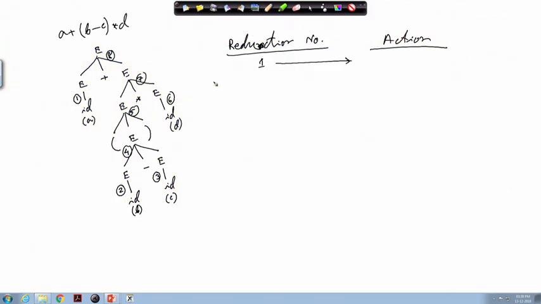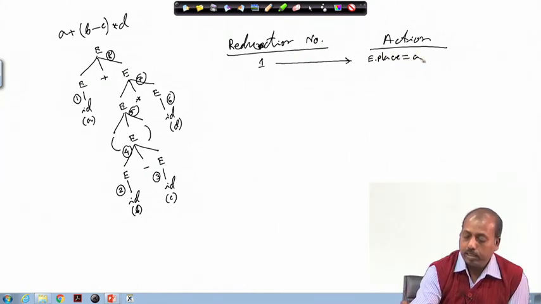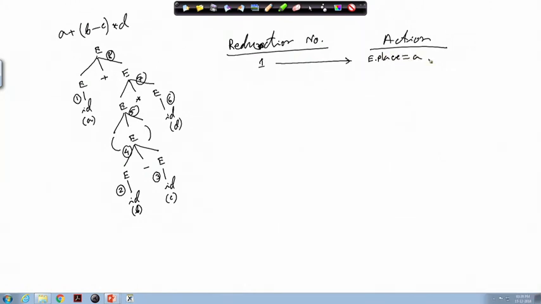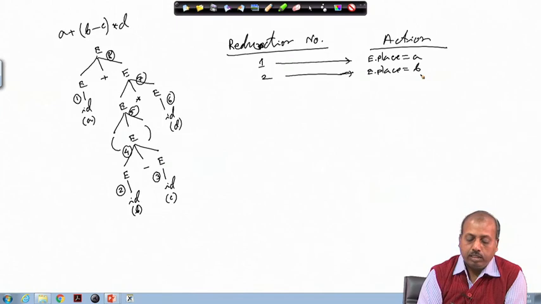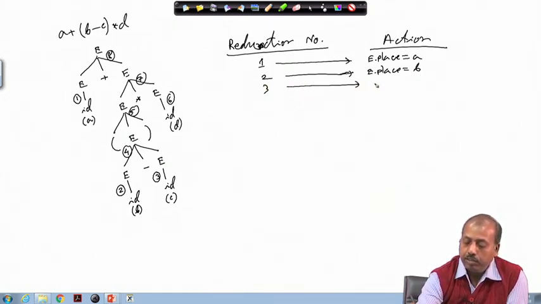So, we can do that. E dot place equal to A, and code is null. Similarly, at reduction number 2, I will have E dot place equal to B, fine. Then at reduction number 3, I will have E dot place equal to C.